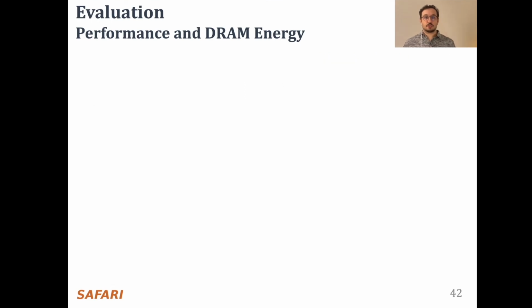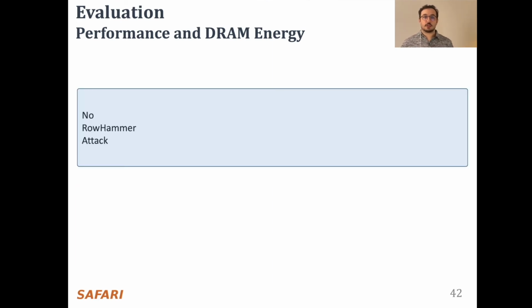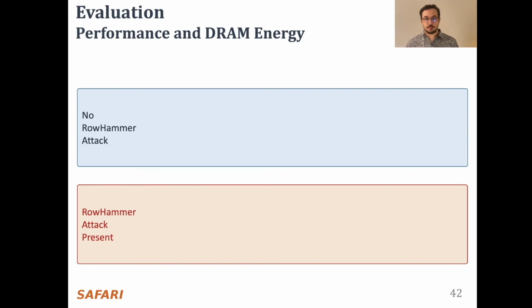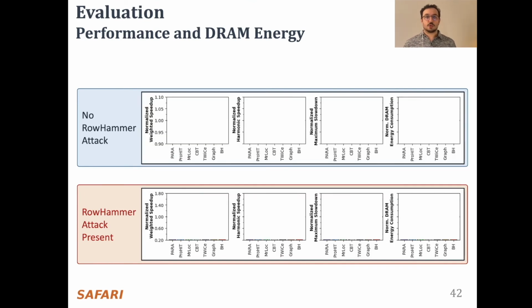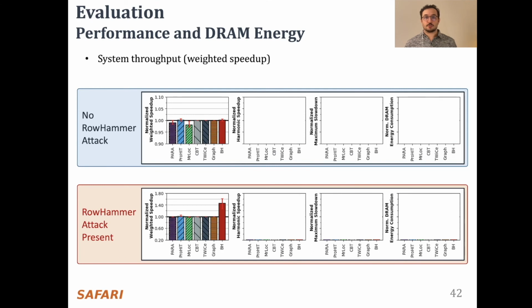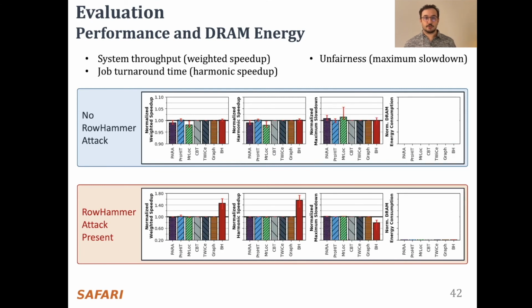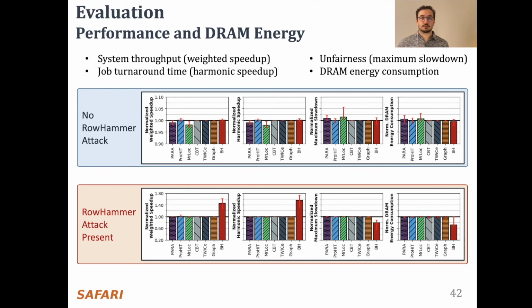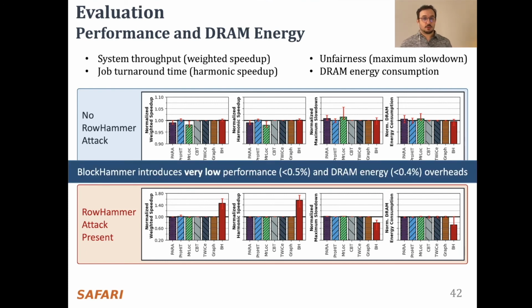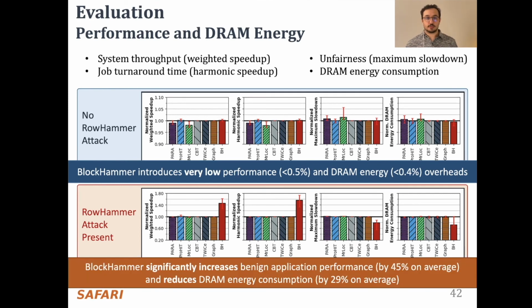We evaluate all these mechanisms and BlockHammer for 8-core multi-programmed workloads under 2 conditions: when there is no RowHammer attack and when there is a RowHammer attack present. We use 4 metrics in this evaluation to demonstrate the system throughput, job turnaround time, unfairness, and DRAM energy consumption. When there is no attack in the system, BlockHammer introduces very low performance and DRAM energy overheads. And when there is an attack present in the system, BlockHammer significantly increases benign application performance and reduces DRAM energy